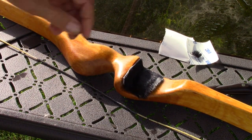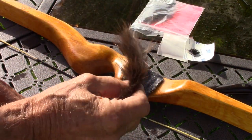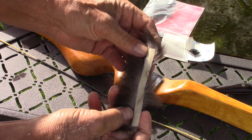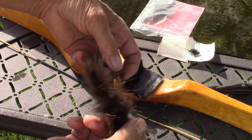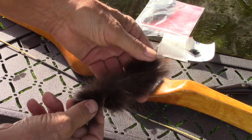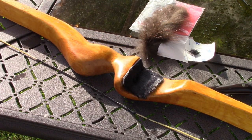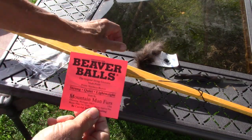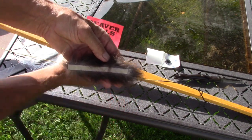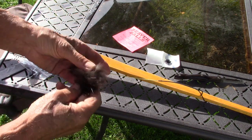Okay, and then lastly, I have beaver fur, and this is called beaver balls. And this is your silencer. It's a 1/2 inch wide by 5 inch long strip, wraps around the bowstring, and it causes deadening of the string when you're shooting. I'll show you how you put it on. Here is the package of the beaver balls, and you can see here the 5 inch strip by 1/2 inch. Very furry,